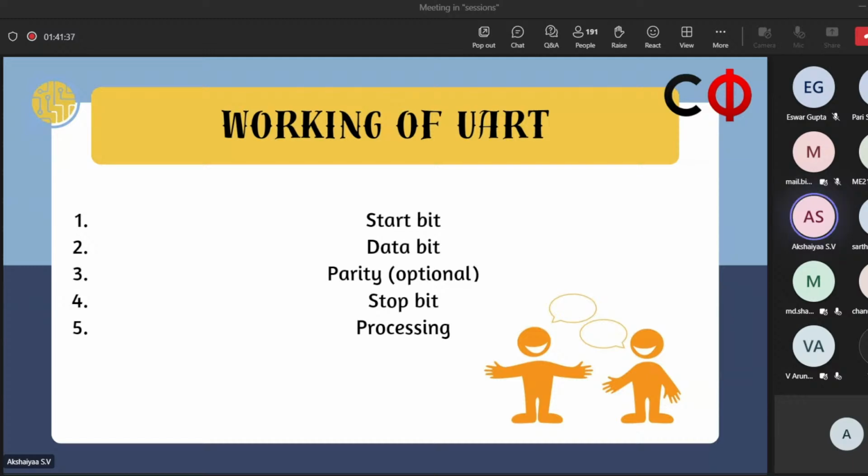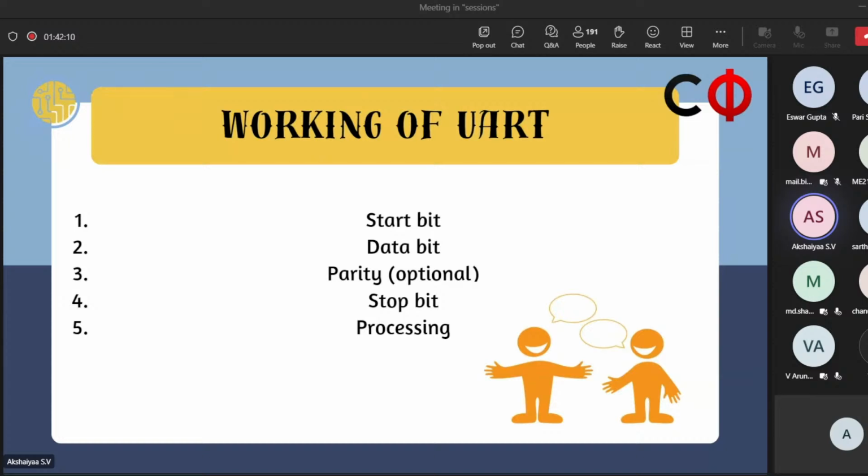Initially there is some kind of agreement between these two devices. They will decide on the baud rate. As I told, there is no clock signal, right? So they will decide upon a common baud rate, what the start bit is, what the stop bit is, and what the length of the data being sent is. All of that. With that, let's call the first device the sender and the second device the receiver. The sender is sending data, the receiver is receiving the data, as simple as that. Now the sender will send a start bit. Why is this start bit essential? Because initially there is no clock, right?